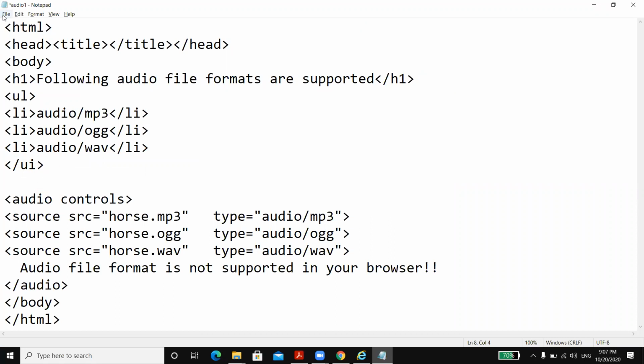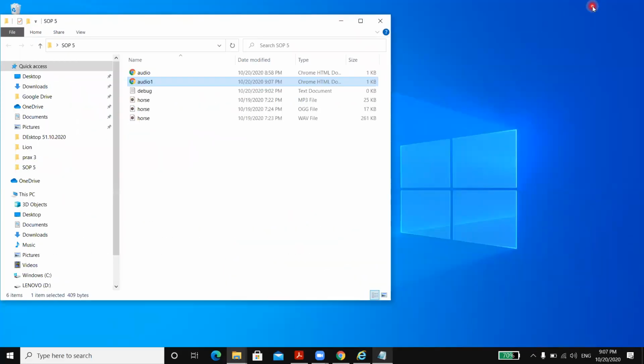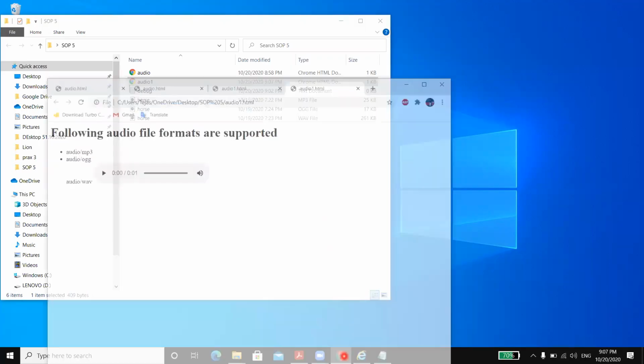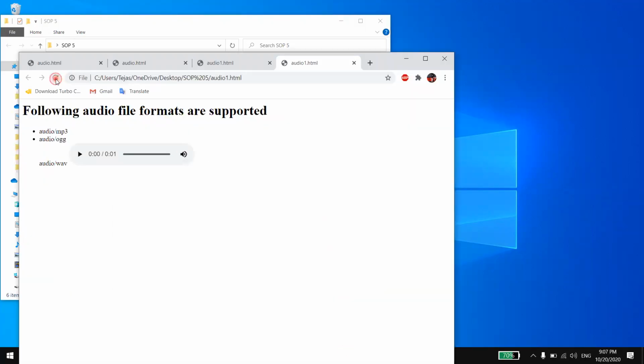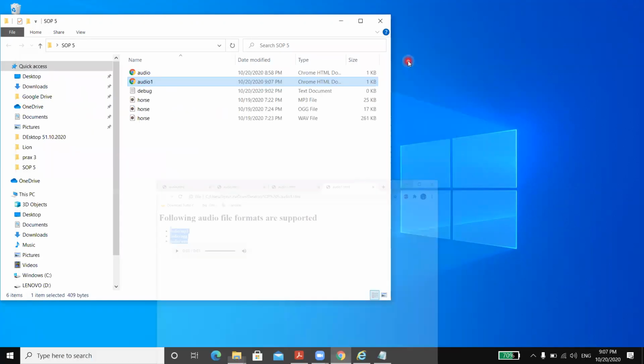If you want to use any BR or HR tag for more descriptive information or for design purposes, you can use it. I will just refresh this page, and you can check, this is nothing but the list. It has nothing to do with this one. This is just for the user to understand. Now check what is happening.